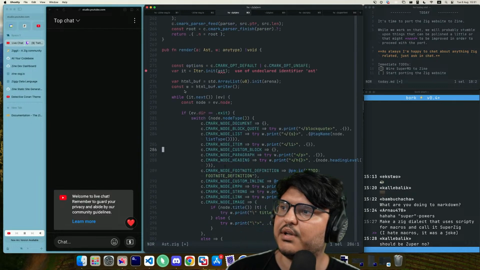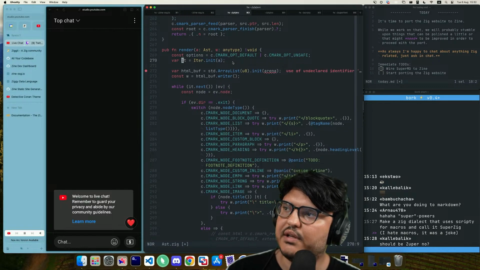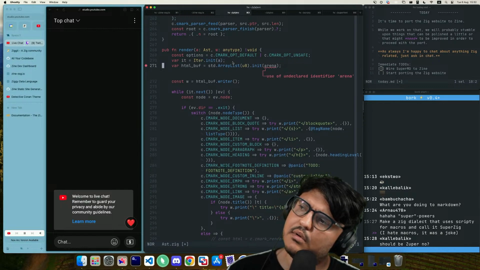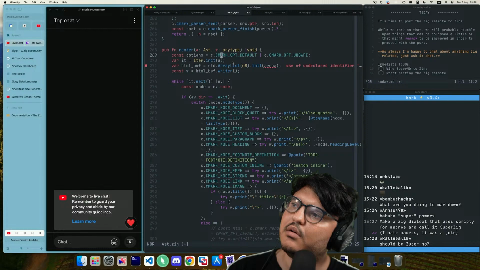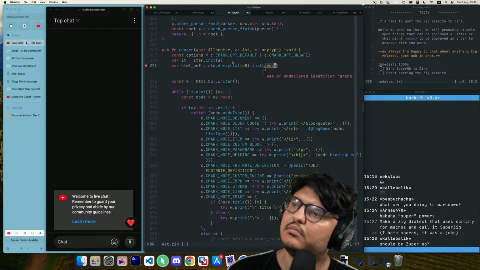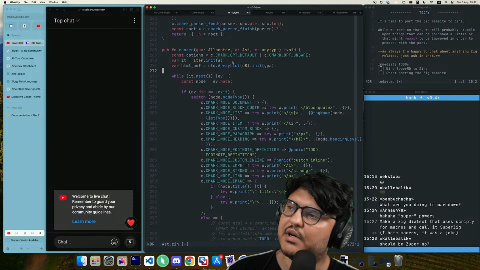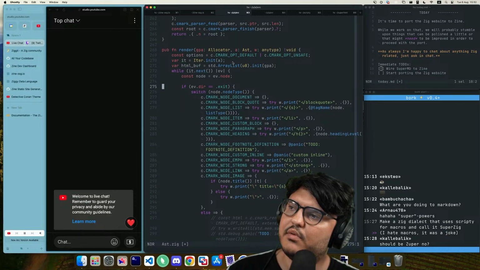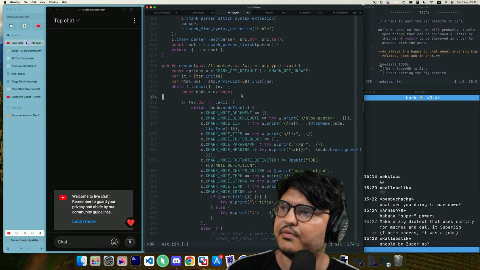Okay, let's take a look at how it is now. So some options. Start an iterator. We need an allocator. The writer has already been given to us. We keep looping. We get the node, and then we do either the thing where we exit or okay. So let's change this thing.